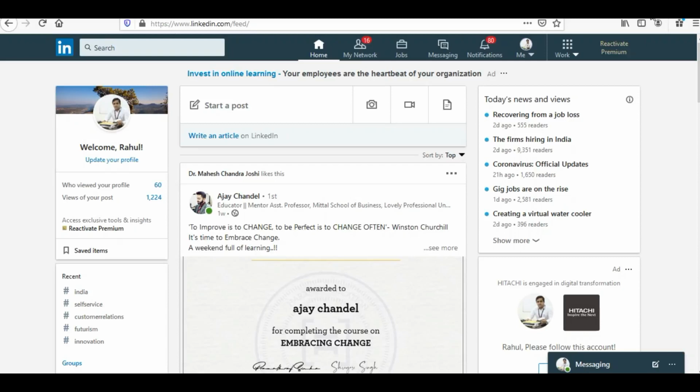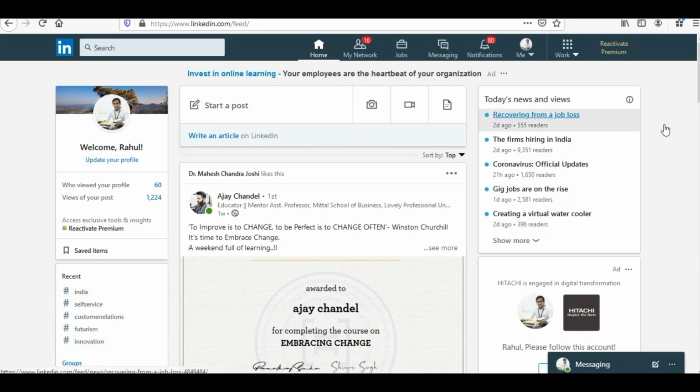Creating a LinkedIn page is a simple, self-explanatory process. As soon as you log into LinkedIn by creating an account, and if you have uploaded your picture, you will see on the left side of the page the picture that you have uploaded, your name, and a window with recent hashtags. These are all hashtags which are trending in your region right now.